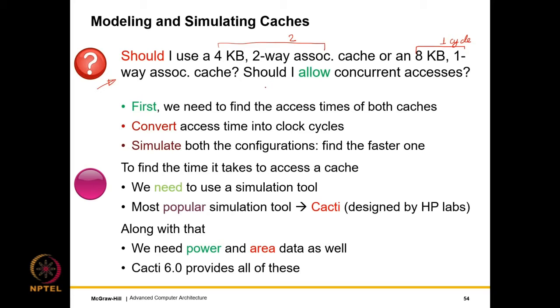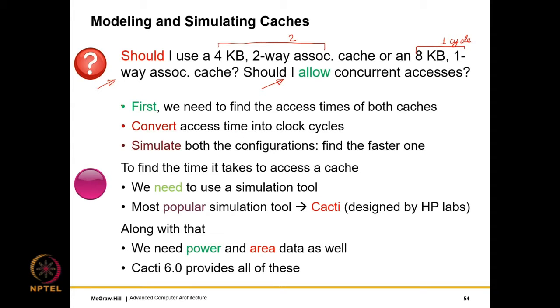The other important question is, how many concurrent accesses should we allow? Should we allow 1 access per cycle? Should we allow 2 accesses per cycle? This of course has a cost. If we have a multi-issue pipeline, then having multiple accesses per cycle is a good idea. But this has a cost. We will see what the cost is and how to do it, because the SRAM array that we have presented allows a single access. It doesn't allow concurrent accesses, so we need to do something more. We'll see what we need to do.